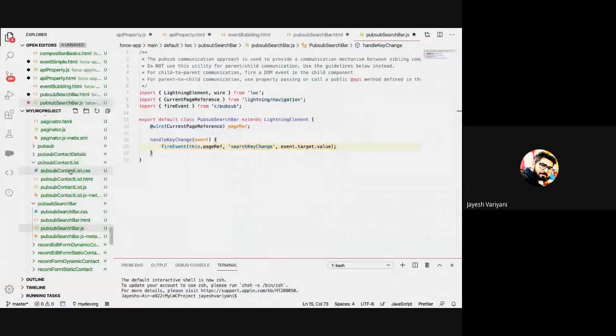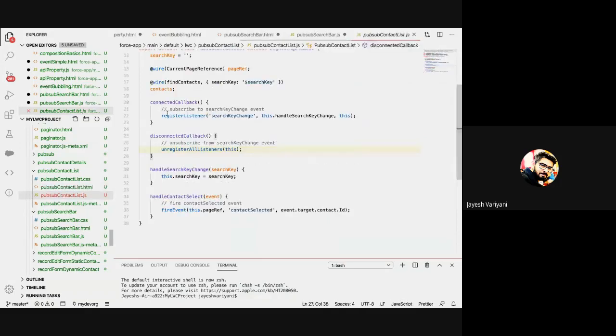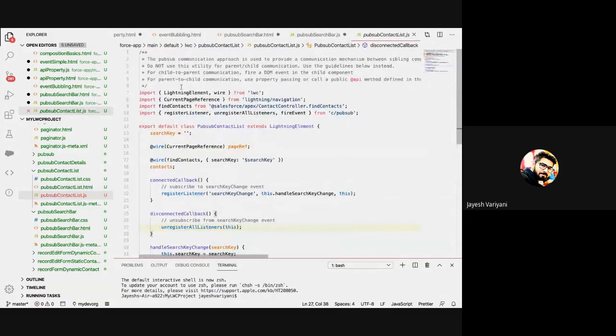It was displaying the contact data, right? But in the JS, if you see here, we have again imported something from c/pubsub, our utility, that is registerListener, unregisterAllListeners, and fireEvent. We have imported all these methods basically.